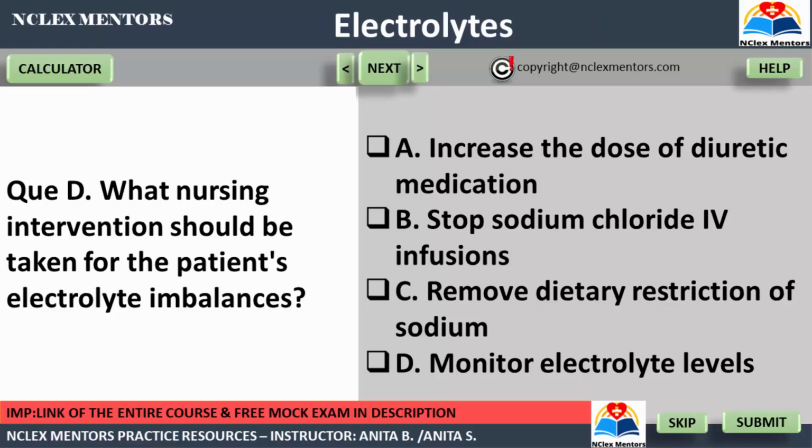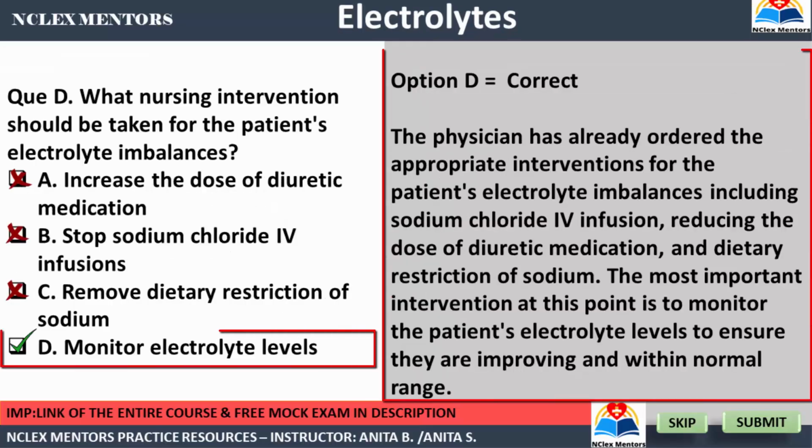All right, let me reveal the right answer to you. The correct answer is option D, monitor electrolyte levels. The physician has already ordered the appropriate interventions for the patient's electrolyte imbalances, including sodium chloride IV infusion, reducing the dose of diuretic medication, and dietary restriction of sodium. The most important intervention at this point is to monitor the patient's electrolyte levels to ensure they are improving and